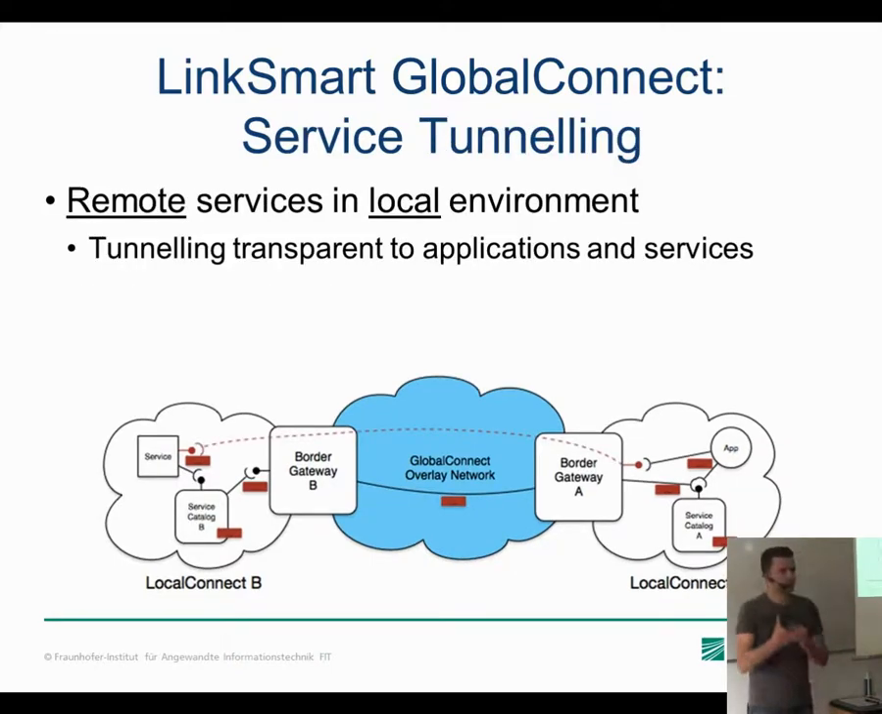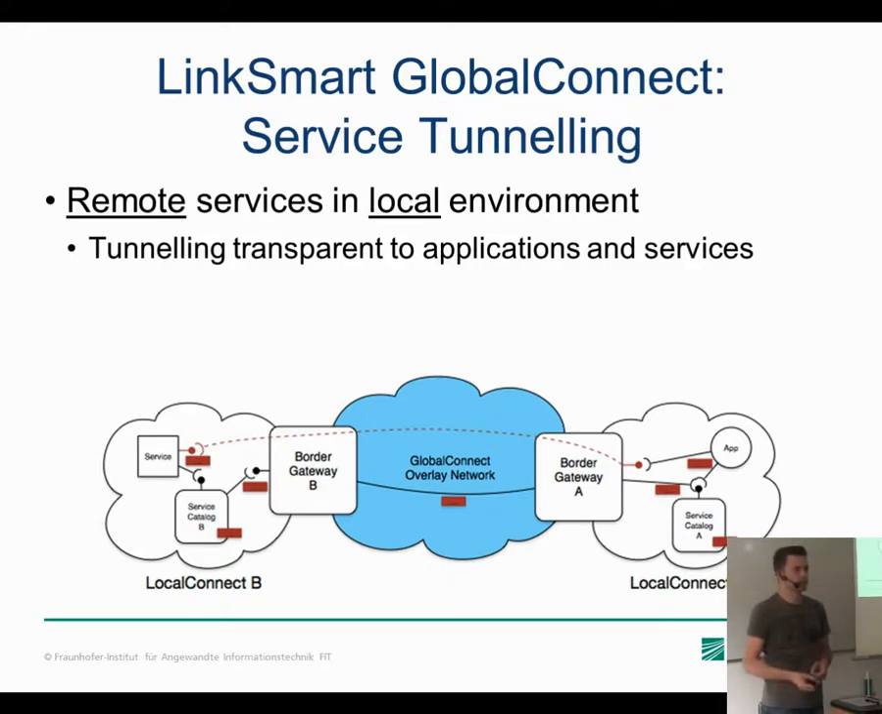So now that the application has information about the service, it wants to actually make the request. Making the request is not that easy, of course, because there are firewalls and NATs between the LocalConnect A environment and the LocalConnect B environment. And this is where service tunneling comes into place. Service tunneling in GlobalConnect is basically providing